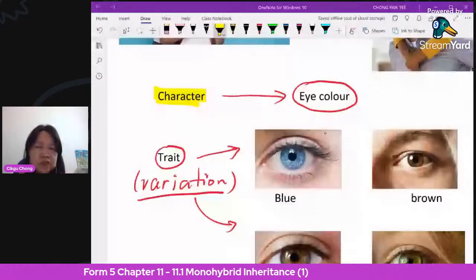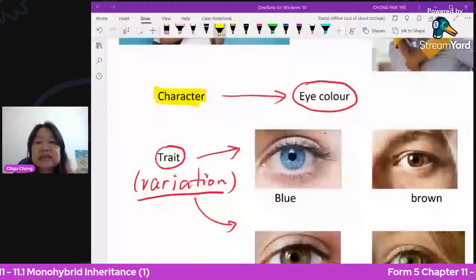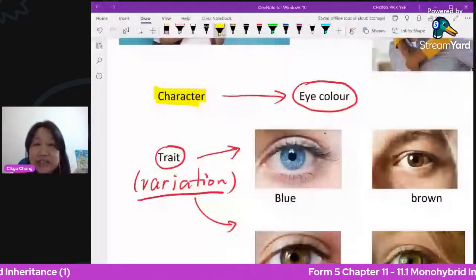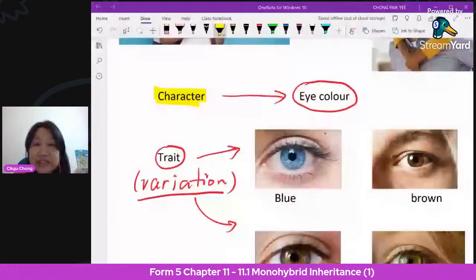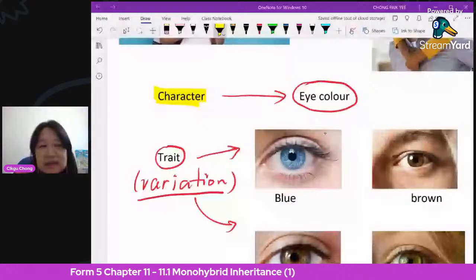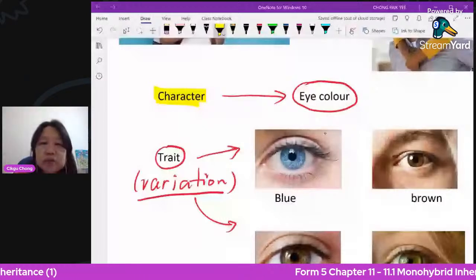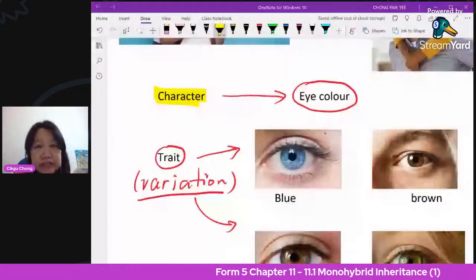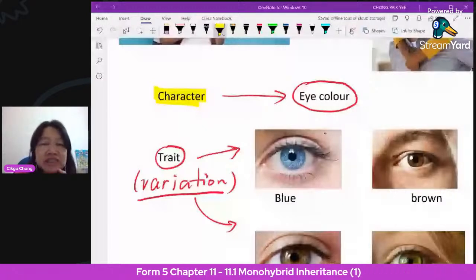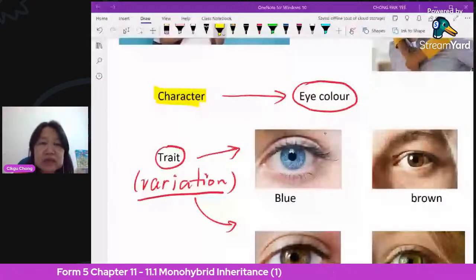Okay, first of all, what did he study? Like I said, he studied the pea called Pisum sativum. Let's look at the characteristics. For example, height is the characteristic, but what is the trait? Height could be tall or short. So this is the trait. Another characteristic is the color of the seed. Now, the seed has different colors. Notice that the color of the seed